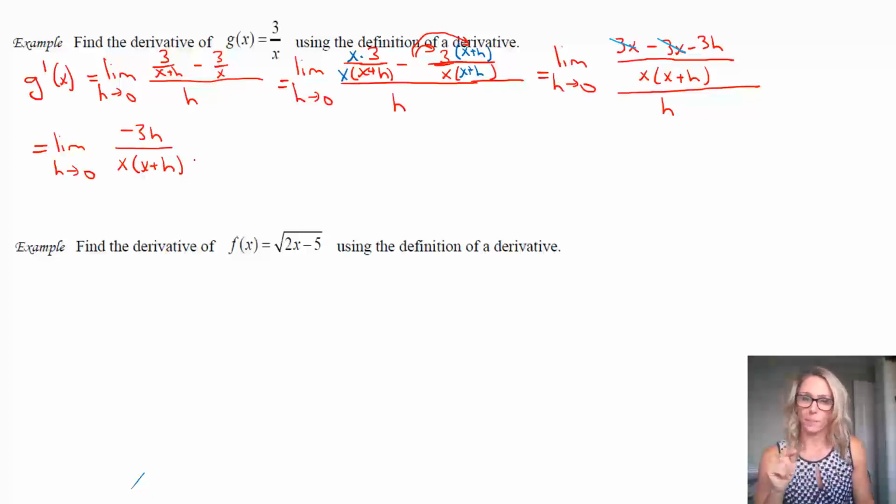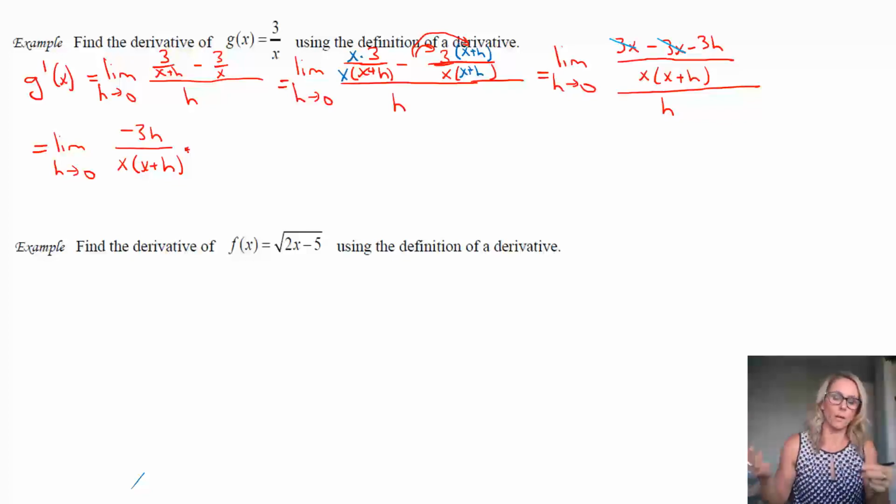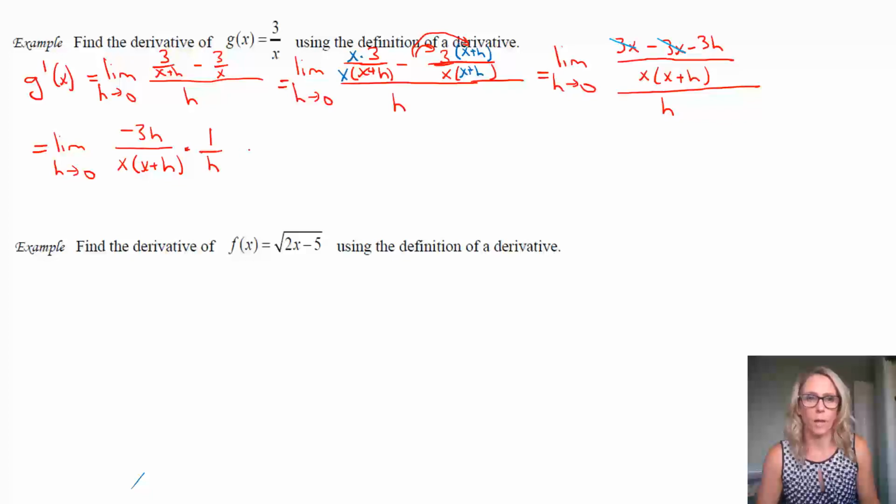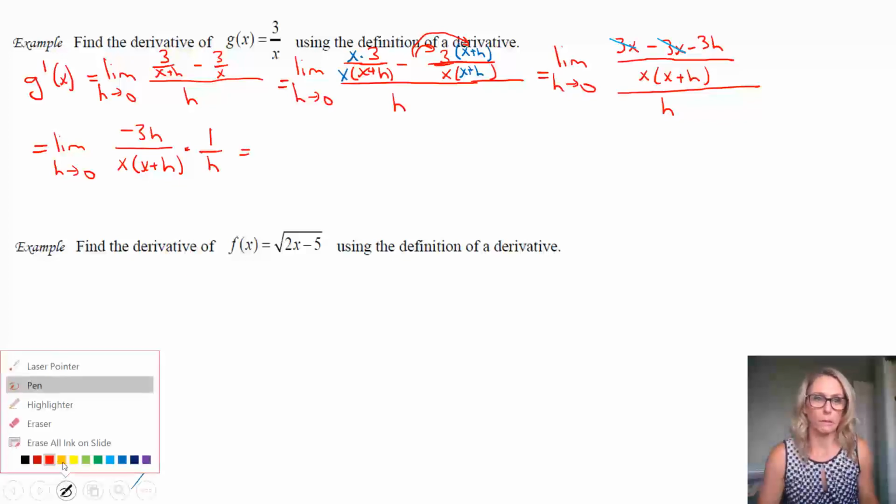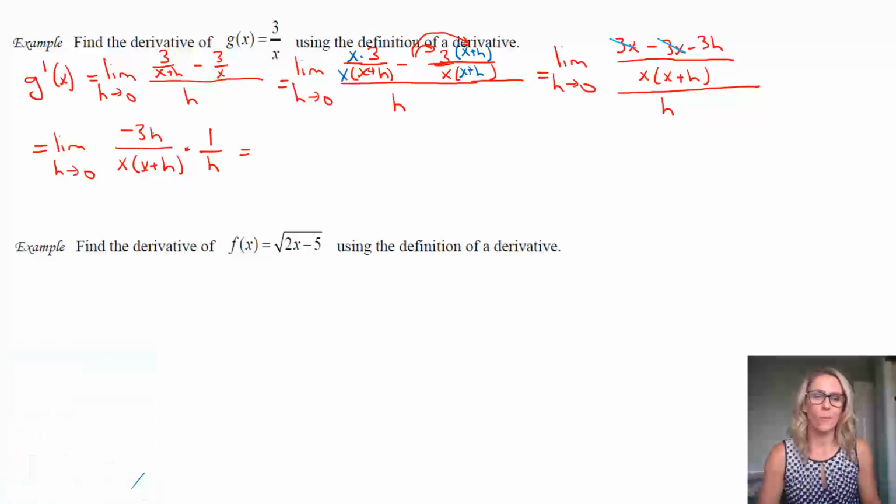That division by h at the bottom there, you want to remember that dividing by something is the same as multiplying by 1 over that something, or the reciprocal of that something. So what I mean by that is, if I have 7 and I divide it by 2, that's the same as 7 times 1/2. And so in this case, division by h is the same as multiplying by 1 over h. And you might think, well, why did we do that? So understand that what this does is it takes the complex fraction. It's no longer complex. It's just this multiplication that we have.